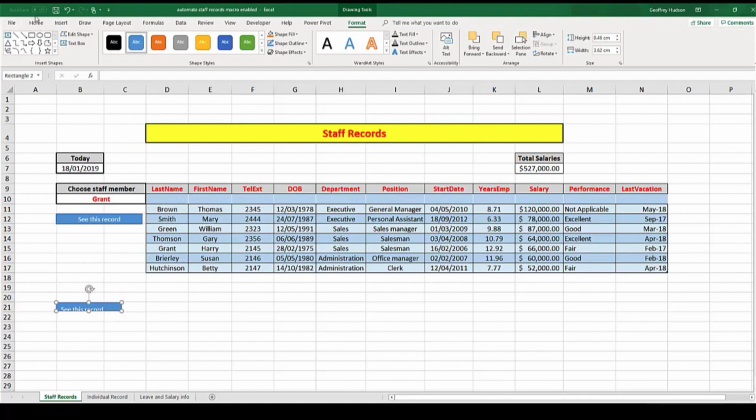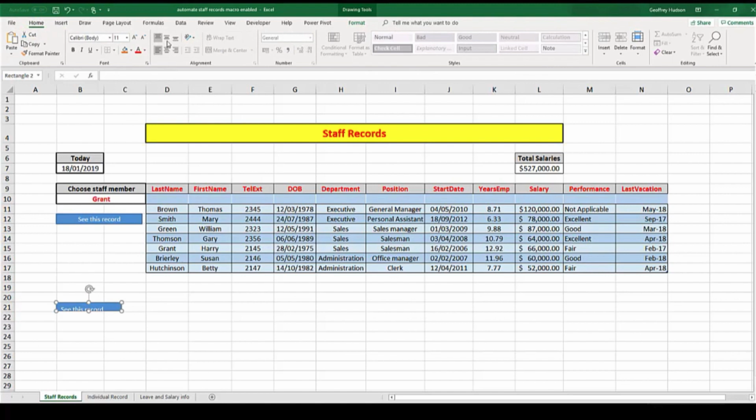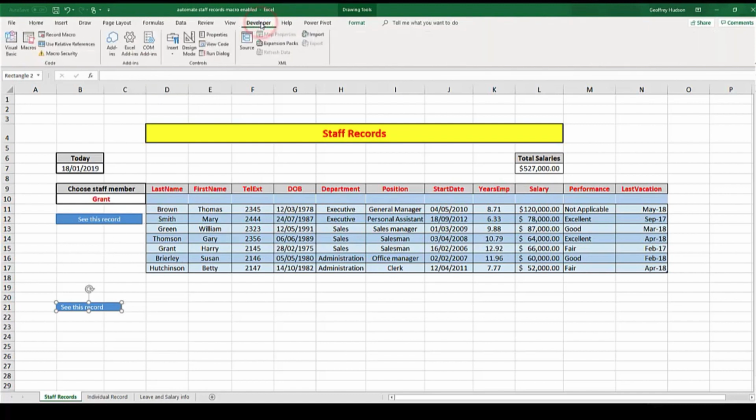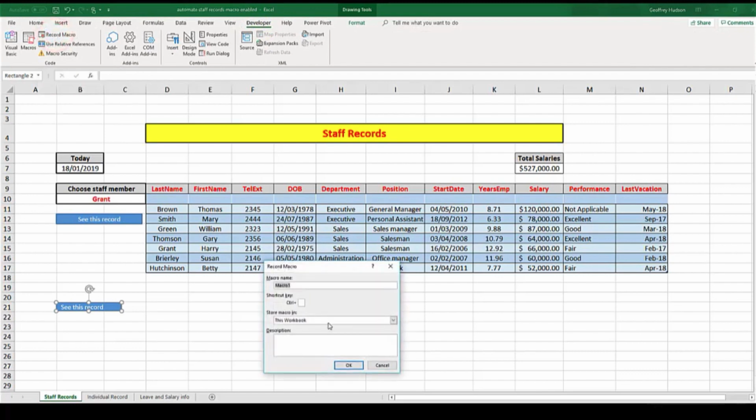Then I said in the Home tab, show the text in the middle, and then I recorded a macro by going to the Developer tab and record macro, and all I did was to name that macro. I called it individual record, and then I clicked OK and clicked on the individual record, which created a macro to go to that particular sheet. So it's just a very simple macro